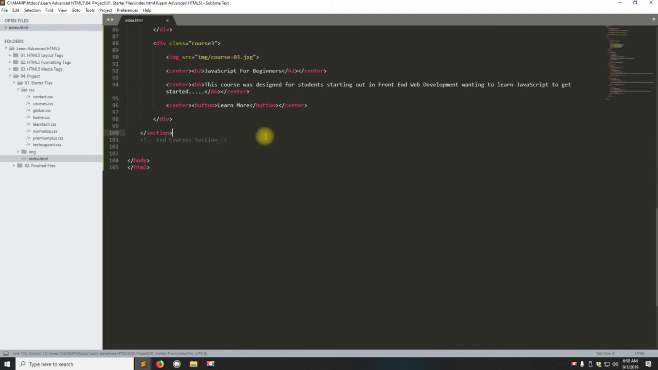Okay, and then next we're going to build the about section. So what I want to do is start about section, and then let's do section ID about, close that, go to 106 here, and I'm going to do div class about, close that,